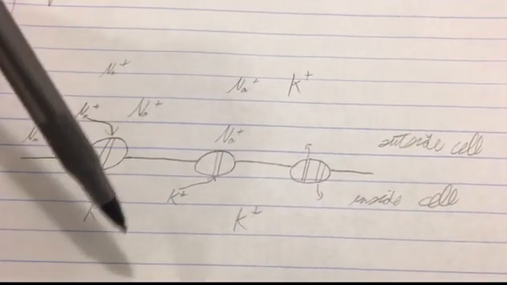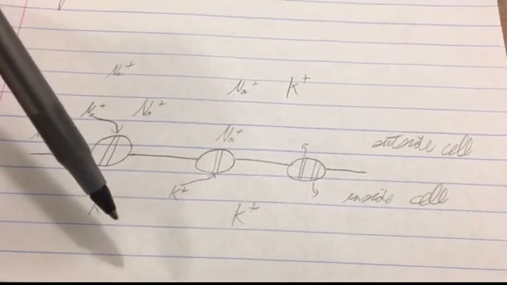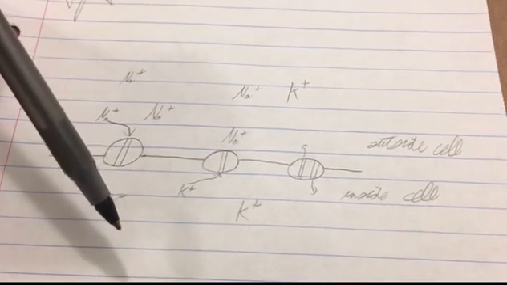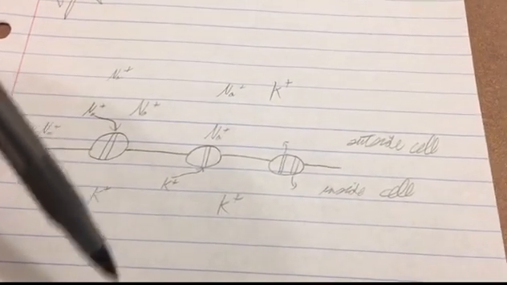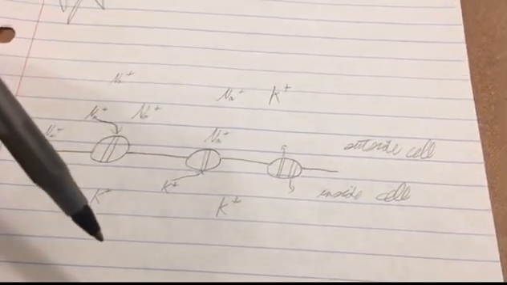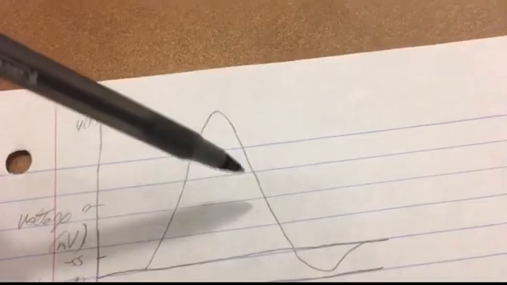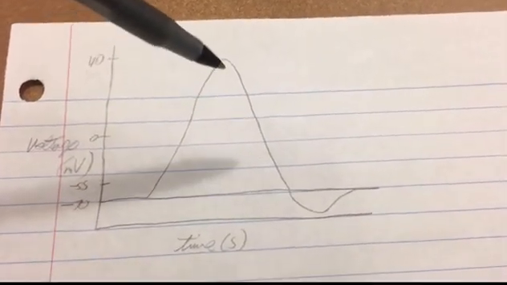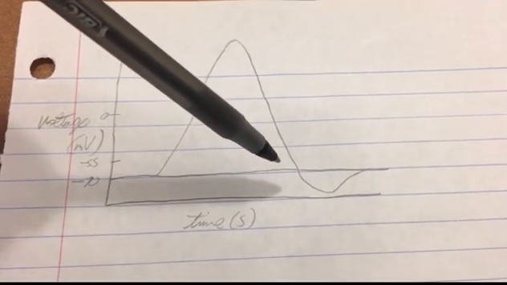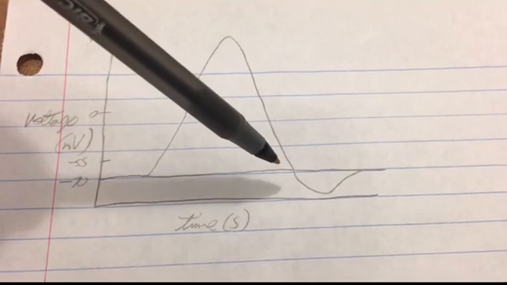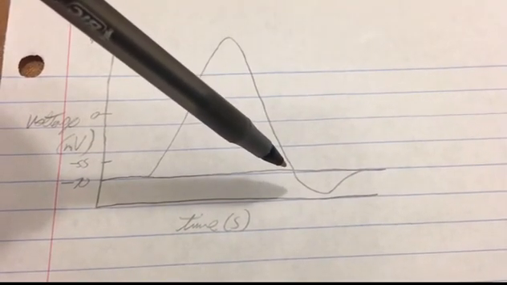So since there was already more potassium ions inside the cell, and now there would be a lot more positive charge inside the cell as well, that electrochemical gradient rushes potassium ions out of the cell, and that's why we see this curve where the cell is repolarized to a negative membrane potential, and it actually goes past the cell's resting potential,